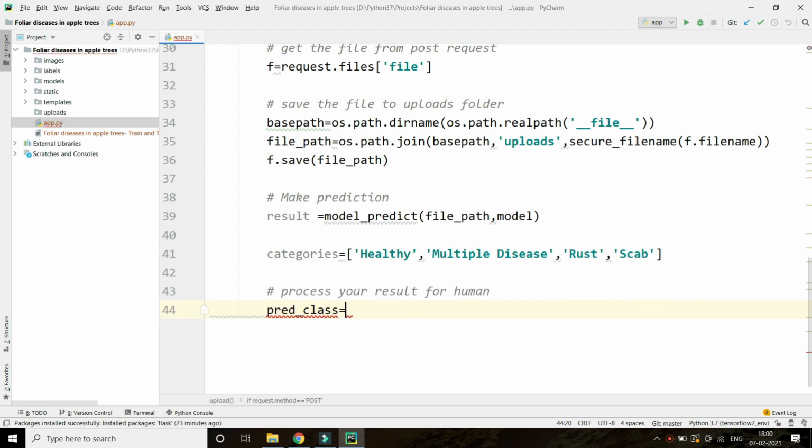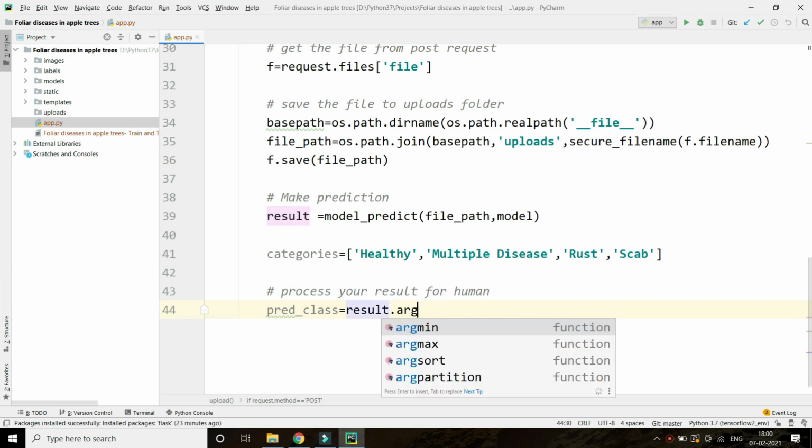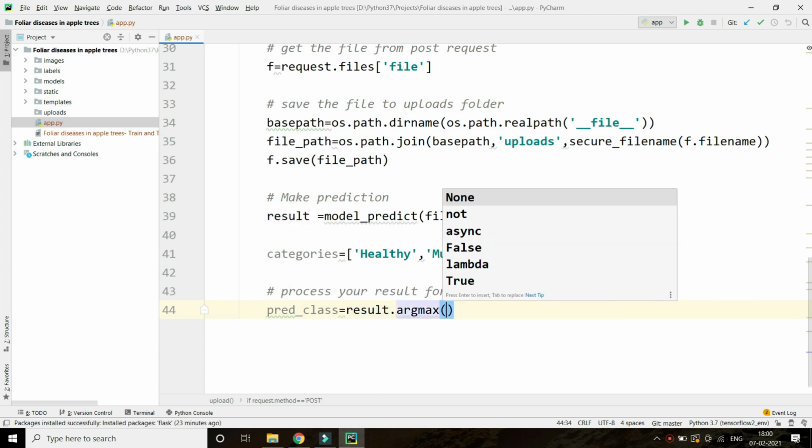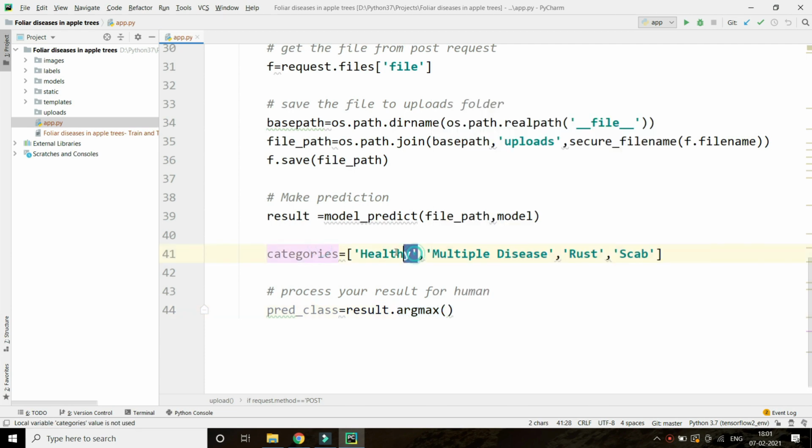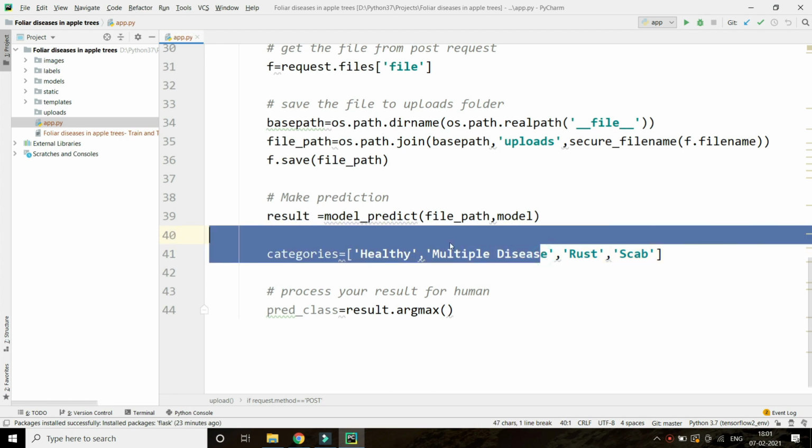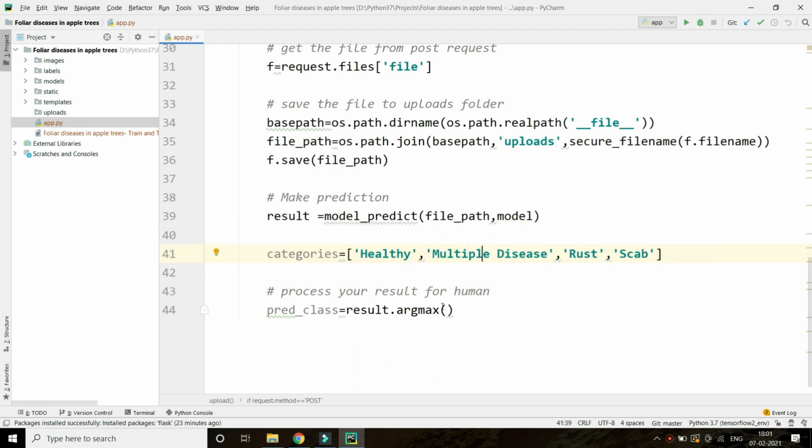Prediction of class, we are giving a variable name, the result dot argmax function. We have seen this in the first part, that it will give 4 outputs, like 0.90, meaning it is 90% sure that this is healthy, and then 0.5, 0.2, 0.3. So give that index whose confidence is highest, whose probability is highest.